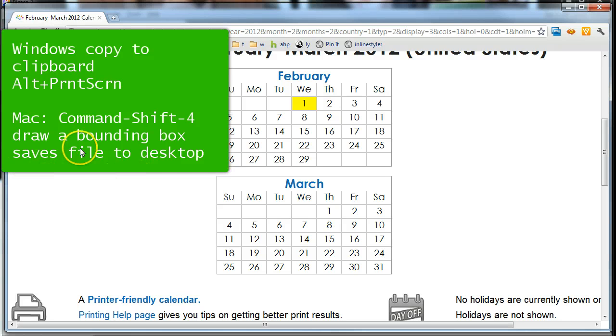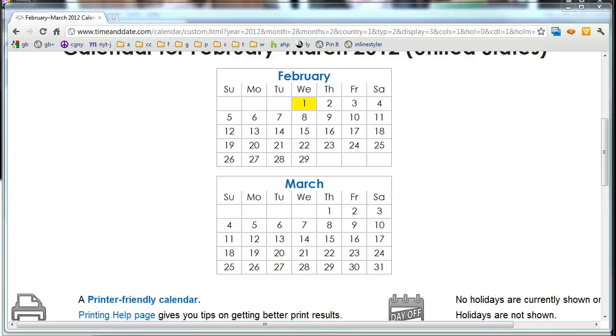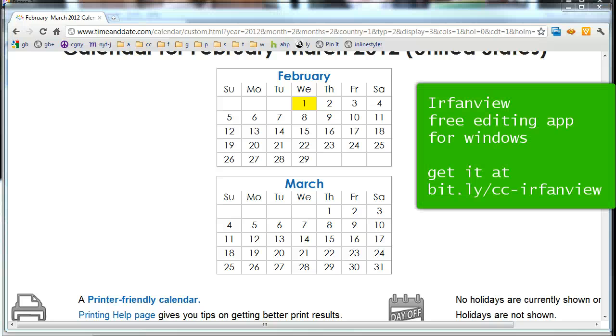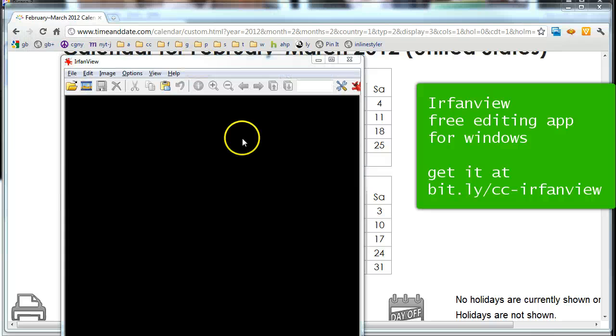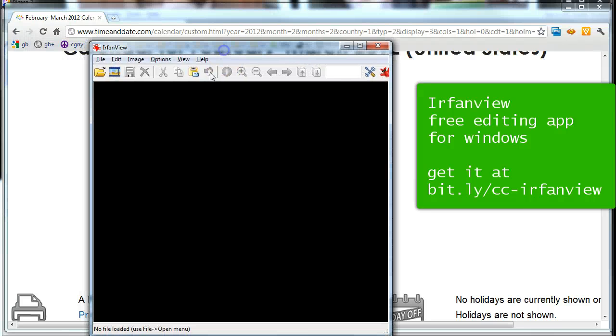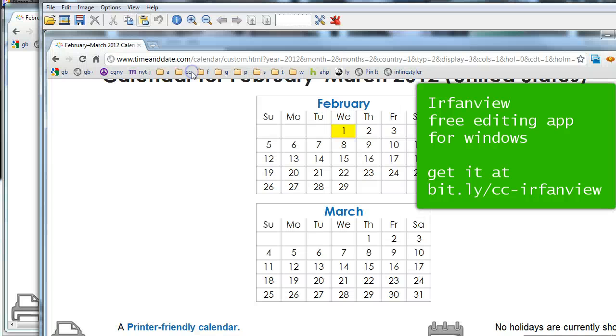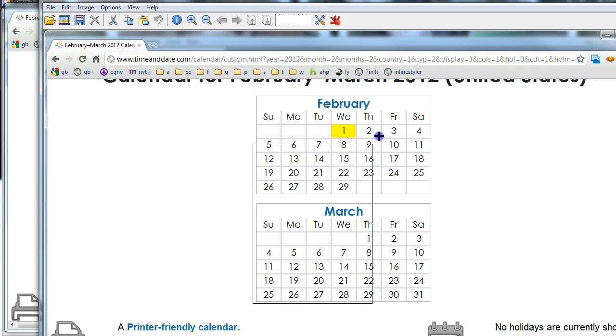I have a free editing app that I like to use in Windows. It's called IrfanView, because what I need is a graphics app that will allow me to basically paste in the screen capture. IrfanView is a free download, extremely easy to use. And then what I'm going to do is draw a box around the part that I actually want, crop, and then